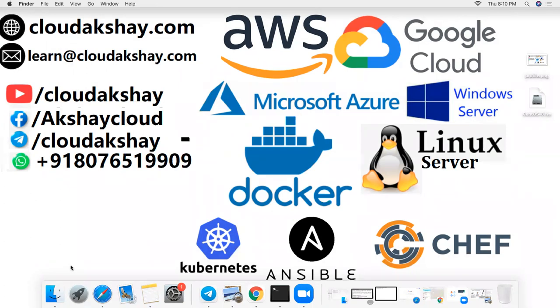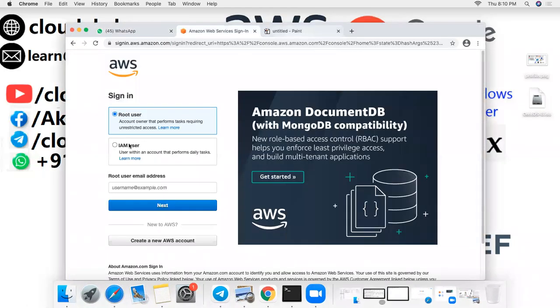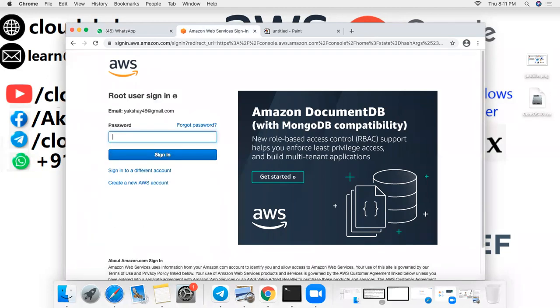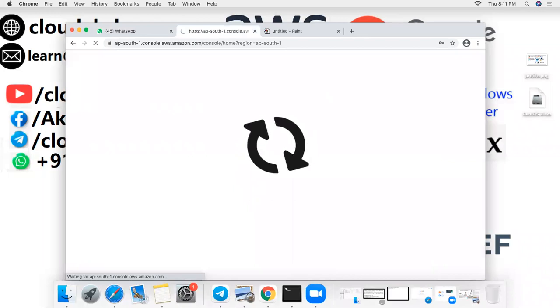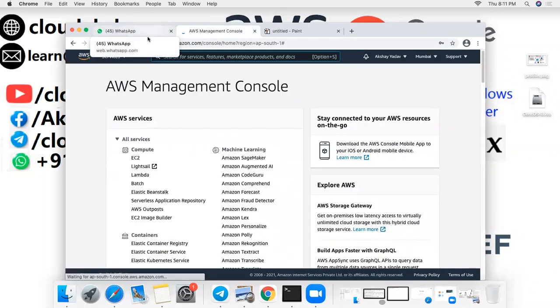So I'm going to install the Chef server on a cloud machine. I'm going to log in with my username and password. So my AWS account is open.